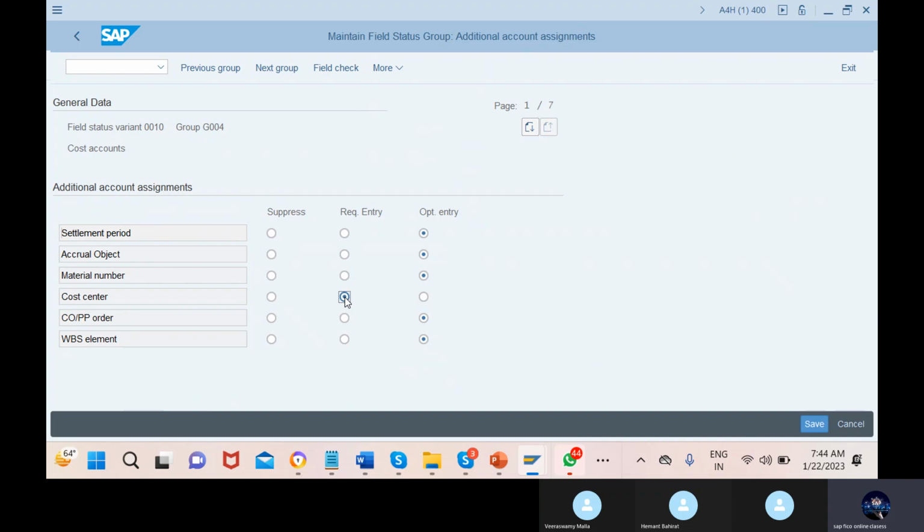But right now, when it comes to FI configuration, I will not do CO configuration, but I'll do all the required reports with the help of only FI. Now we are activating cost center, guys. Suppose when I go to post a transaction,